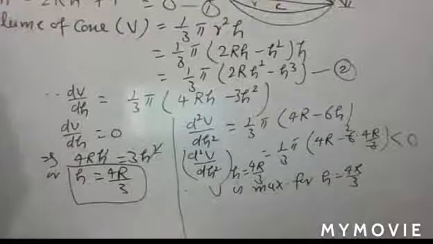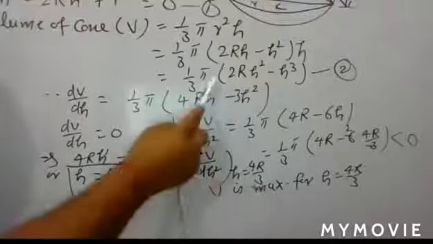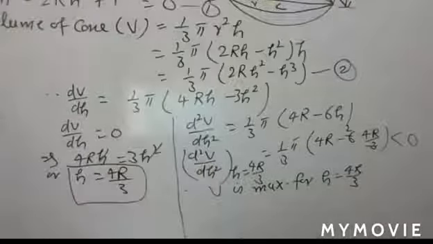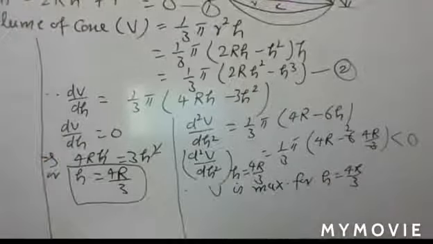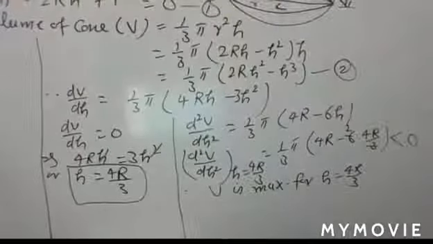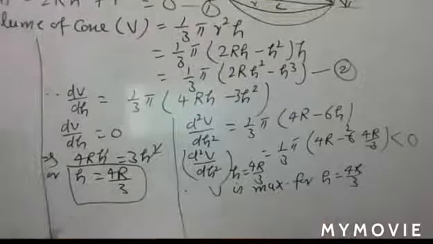Okay, so what you do here, you have to find the maximum volume of the cone. So putting that value of h in the second equation, and you try to find the value of the maximum volume of the cone. So the second implies V max is equal to, yes, have you all noted up to this last step?